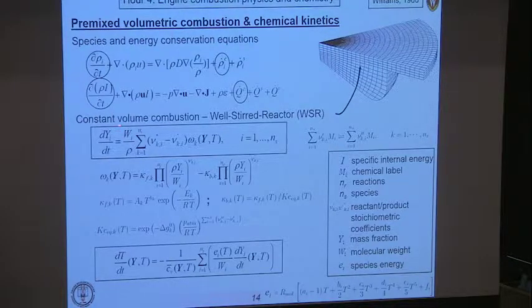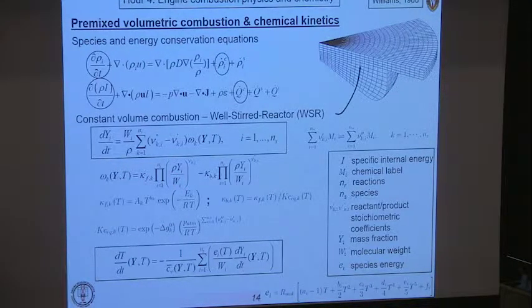So if one then wants to specify what this combustion source term is, again, I'm looking at the mass fraction of species I changing with time. Here's my law of mass action, basically. My chemical equation for each reaction has the stoichiometric coefficients for the reactants and products. The difference between them times the mass reaction rate summed over all of the reactions involving that species is what I need to solve. The mass reaction rates come from the law of mass action, which is